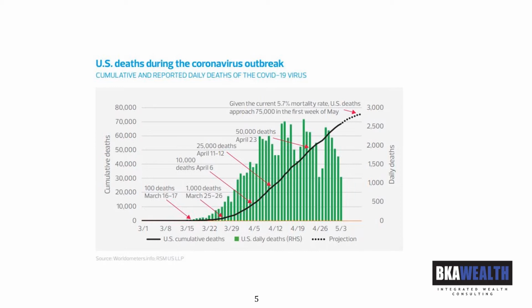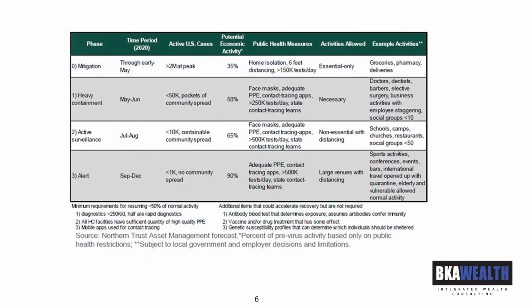And we in fact did reach that last week, and we're probably a little closer to 81,000 now, and you can see the projection is going to continue to rise. So we know that that number is continuing to go up, even if the daily deaths are beginning to temper, as we've seen in the previous graphic. What does this really mean for us?